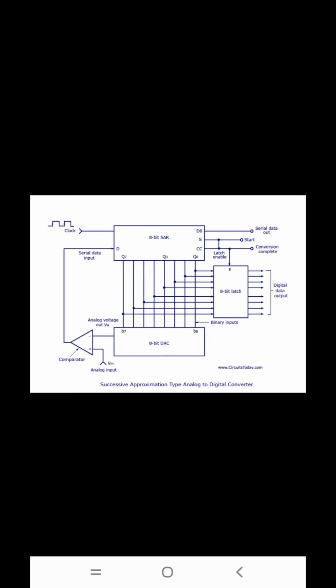Unlike the counter and continuous type of A to D converters, the basic principle of this type of ADC is that the unknown analog input voltage is approximated against an n-bit digital value by trying one bit at a time, beginning with the MSB. So the principle of the successive approximation process is that it is continuously checking, for example, cross checking and moving on. This is the main principle of the successive approximation type of converter.